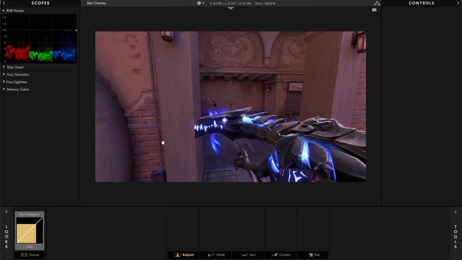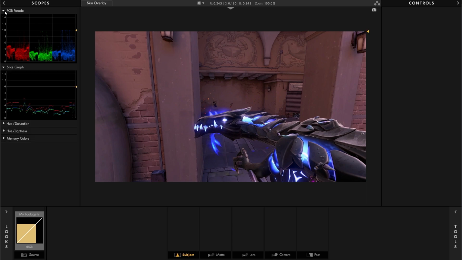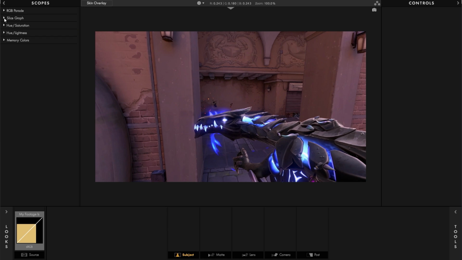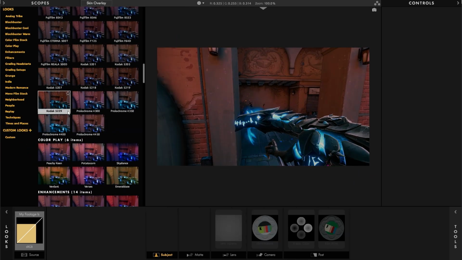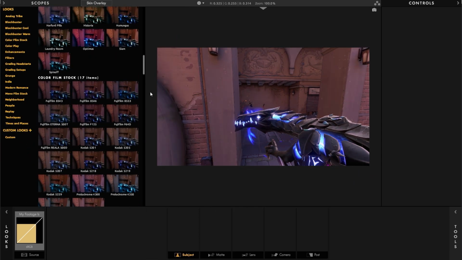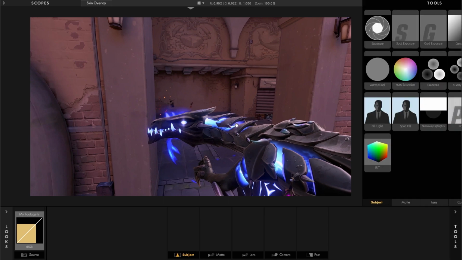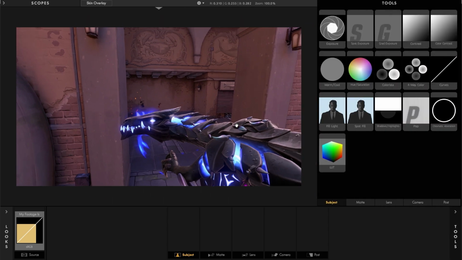And if you press S, that's going to bring up your scopes, and we're not really going to be using scopes for this tutorial because Valorant is usually already color corrected, so you don't want to color correct it again. So there's that. If you press L, that's going to bring up all the presets you could use, but we're not going to be using them today. So I'm just going to press T to bring up all the tools, and